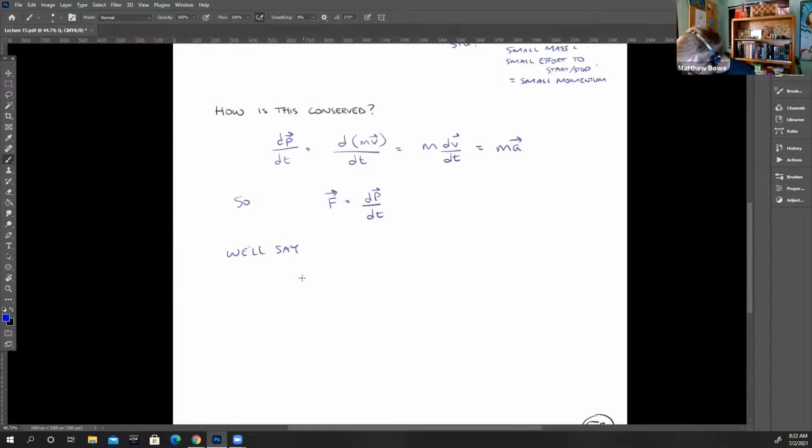So we'll say, if the sum of all external forces is 0. So I'm looking at my precious system, the truck that's moving towards the cliff or whatever I'm working on. If all the external forces acting on this are 0,